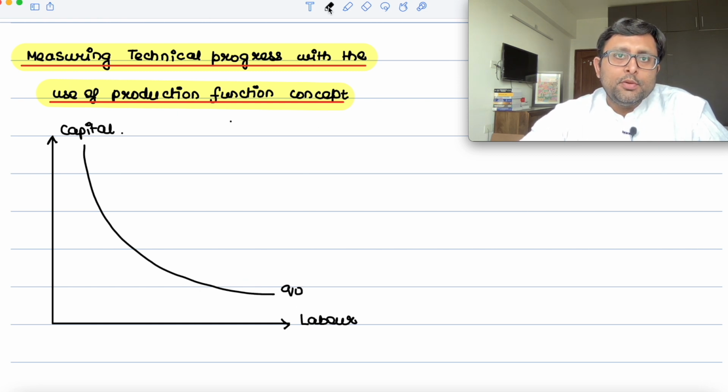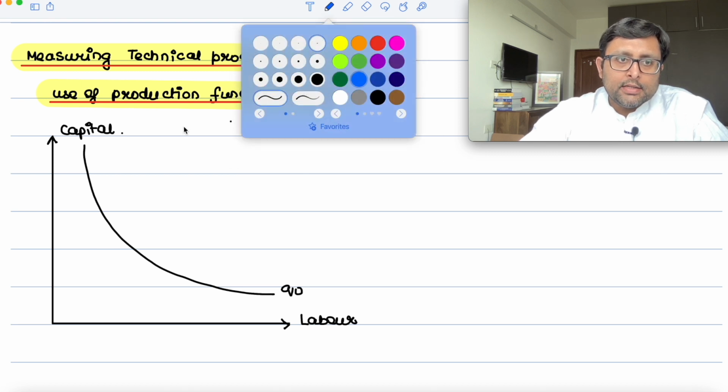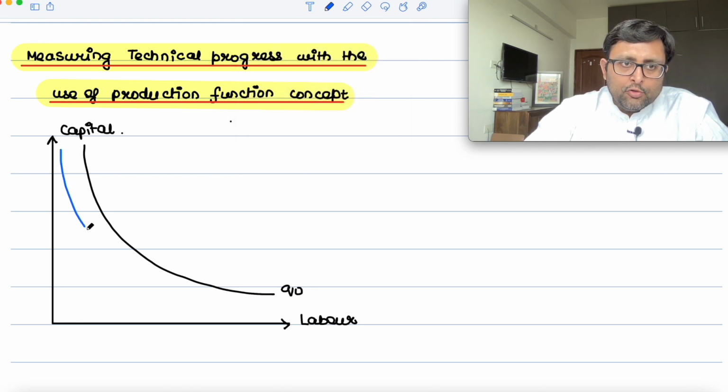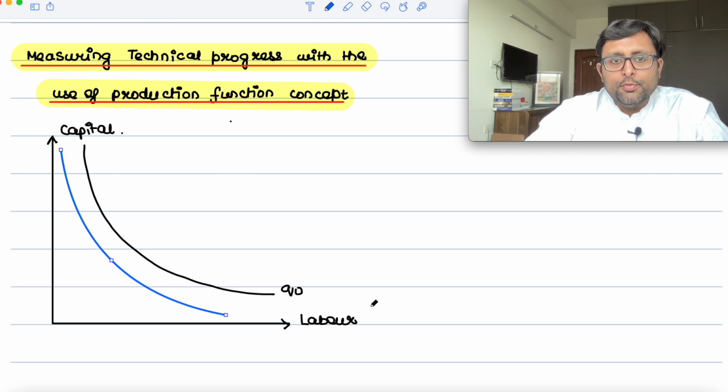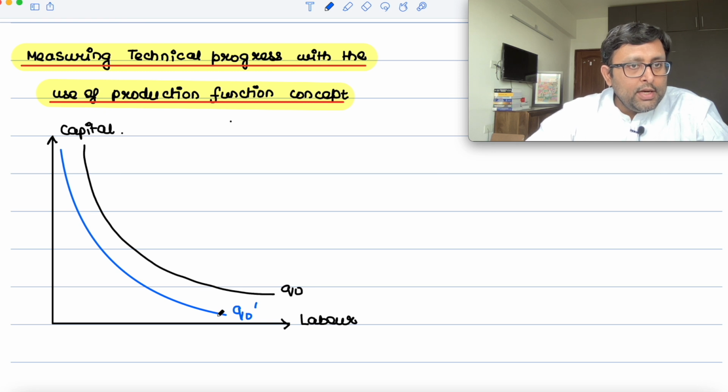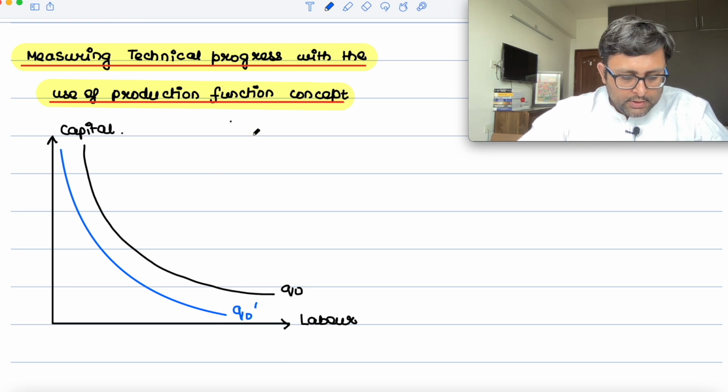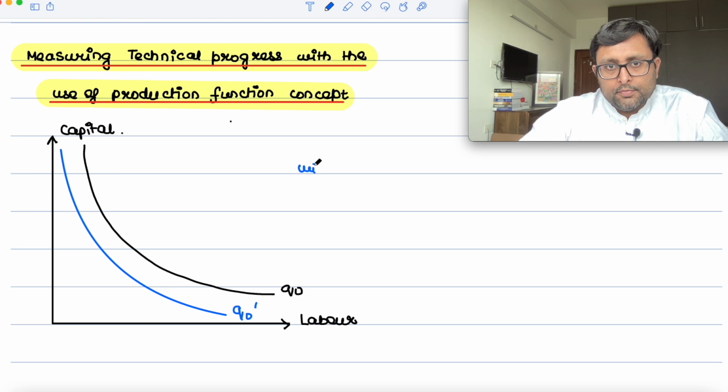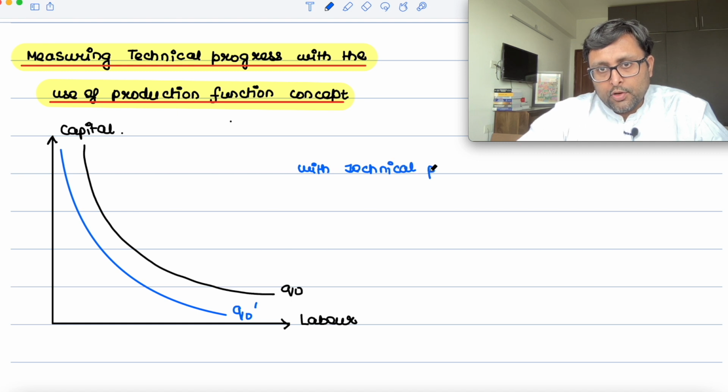And with technological progress, what has happened is that the same level of output could be produced with a fewer level of input. So I'm calling it Q naught dash. Q naught dash is also producing the same level of output as Q naught, but with a lesser amount of inputs. So please write, with technical progress,